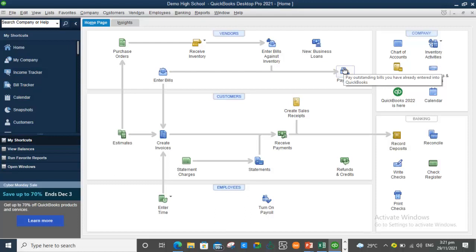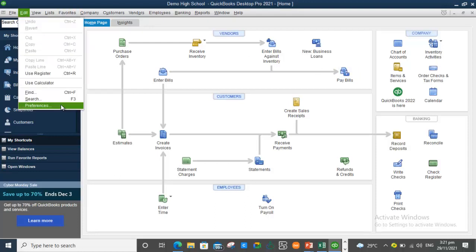Alright, there's another option that needs to be enabled in QuickBooks, and that is the class list, because we are going to be creating classes later on in this session. So what we're doing now is tweaking the system. We're going to go back to edit, and we're going to go back to preferences,